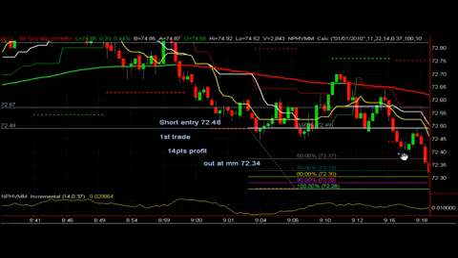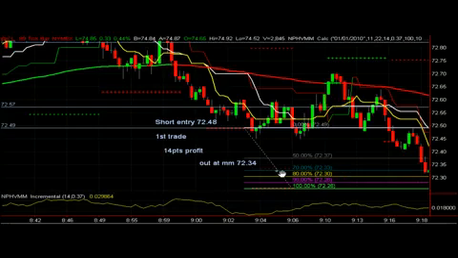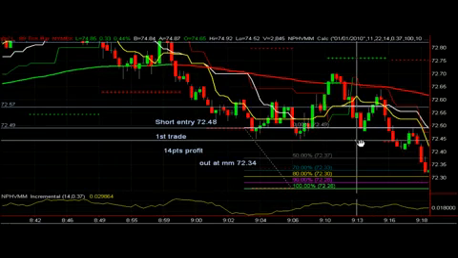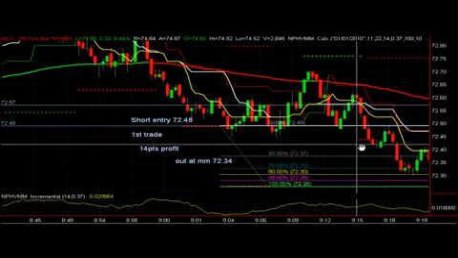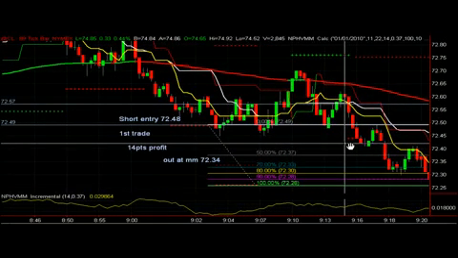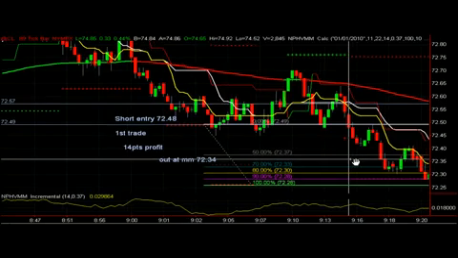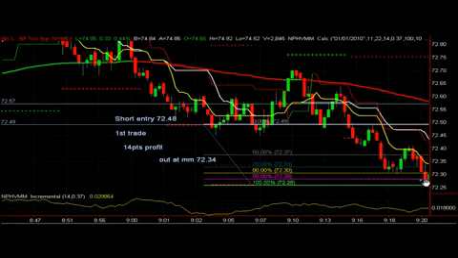So you see here that we push down. There's our hit. We actually hit our money management level, so our stop goes to break even. Then on the very next candle, or a couple of candles later, we pop up, and then we get that second wave down. You can see here we hit our 90% level,